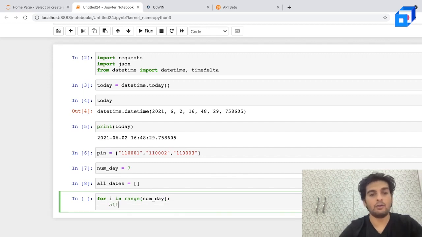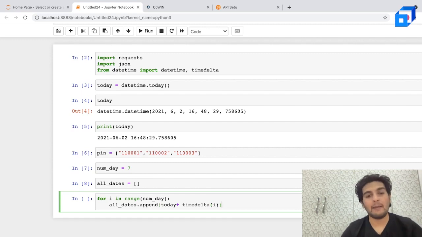What I'd want to do is append all of this information to my list. So I have this method called append. So I'll write down all dates dot append, and inside this I will just have today plus timedelta of